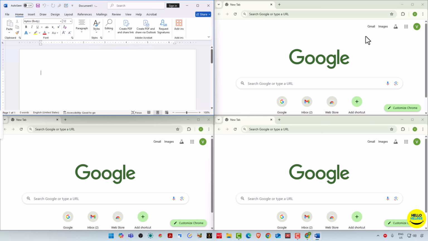Okay, so friend, here you can see that this is my Word program open. Here a different window is open, here a different window is open, and here a different window is open now. Okay, this way you can easily split different kinds of applications. So friend, this is the tutorial which I want to share with you guys, how you can open different programs